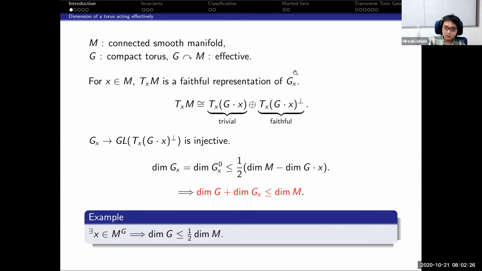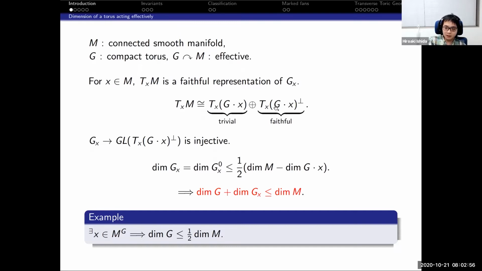As a representation, this tangent space is decomposed into two representations. One is the subspace tangent to the orbit. This is trivial as a representation of G sub x,